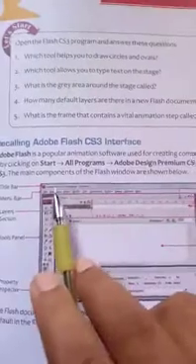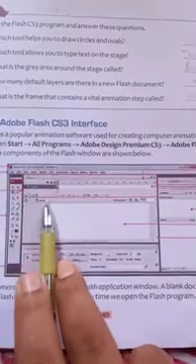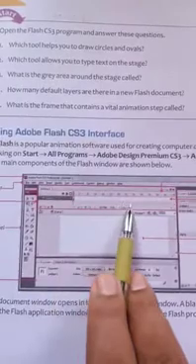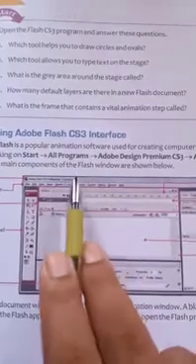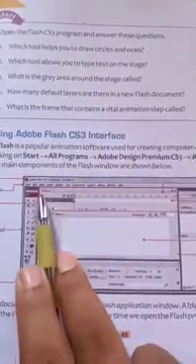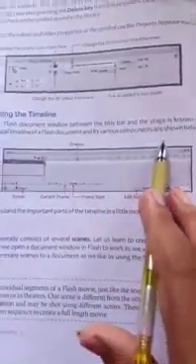Look, this is the Adobe Flash CS3 Professional window. This is the title bar, and this is the stage, and this area between them, this red bordered area, is known as the timeline. This is the timeline window of Adobe Flash CS3. So the area between the title bar and the stage is known as the timeline, and that timeline has various types of components. A typical timeline of a Flash document and its various components are shown below.